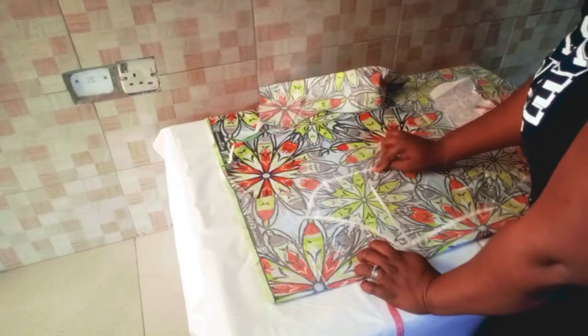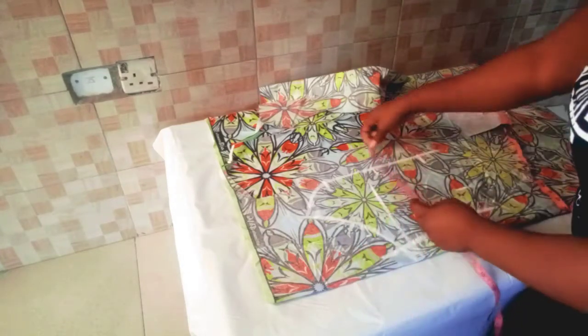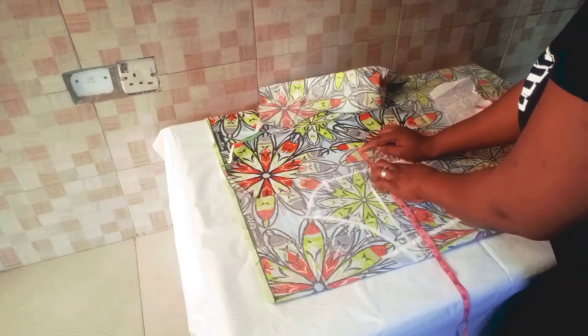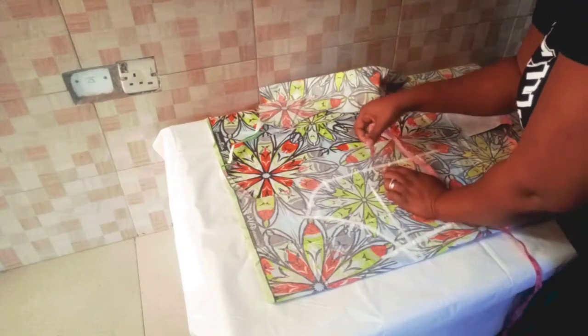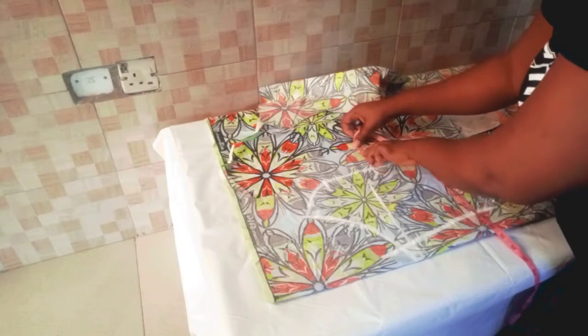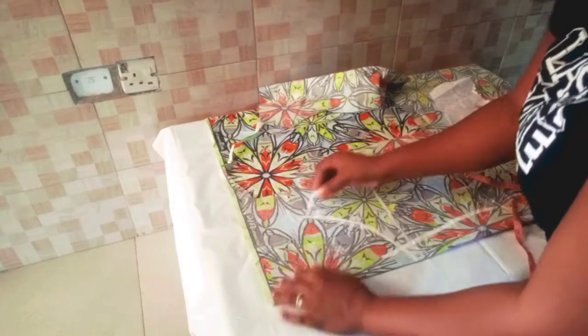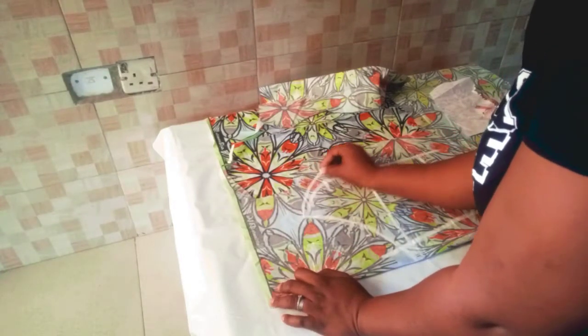So we now remove this one. Coming to the back side at the center point, which is the nipple point, we will take 2.5 inches there. We'll take the measurement this way. We mark our 2.5 inches, which is here. So from this point now, we will connect it to that 2.5,